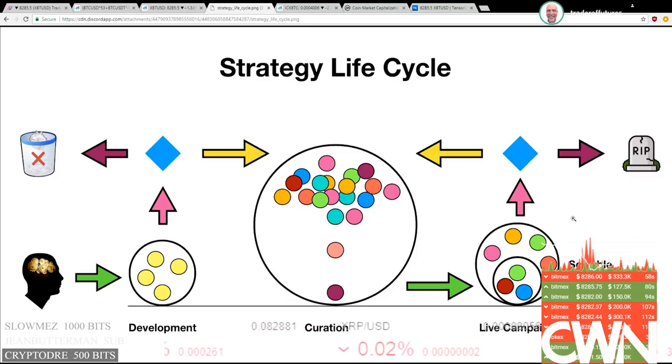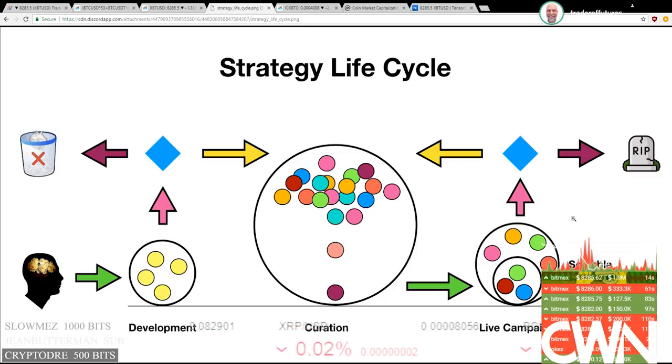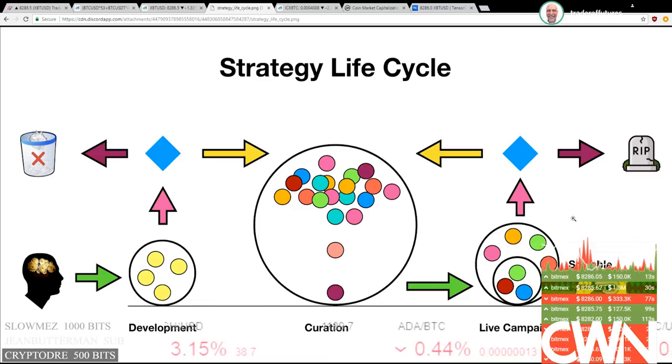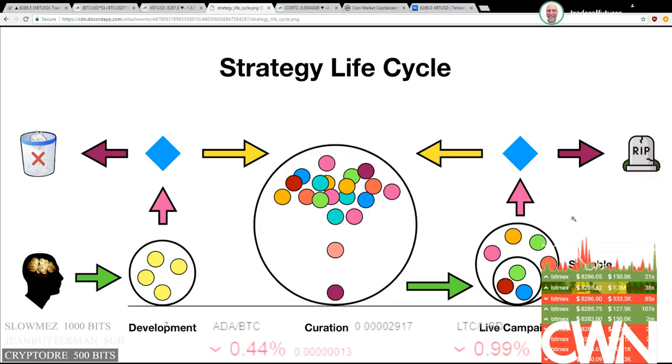What you need to do is, like I said, run maybe a long-term, medium-term, and short-term strategy. Maybe up to 4 or 5 different strategies, maybe have 10 strategies. Now, that doesn't mean that they're all going to be running simultaneously, but they'll be part of your campaign. And you put them in curation so that you can watch them and see whether or not they would produce any kind of good result. Why would you take a strategy that someone gave you or you just discovered and put it right to work? How do you know that's going to make money? What if that strategy is a loser? Are you willing to take that chance just because someone said it was good?